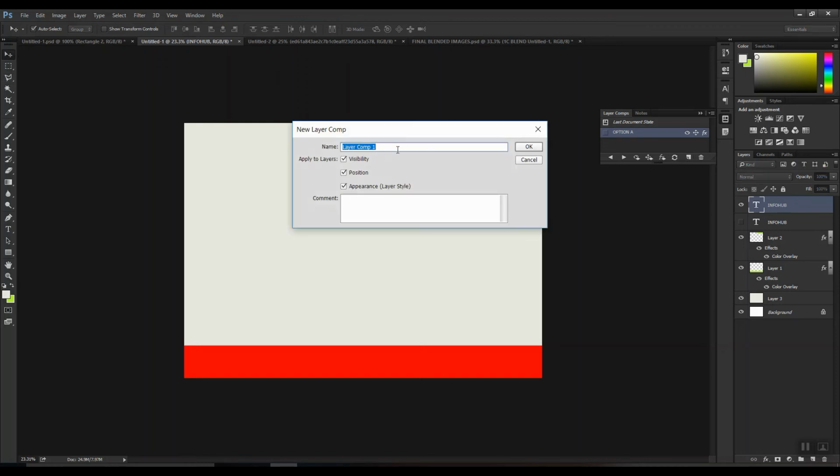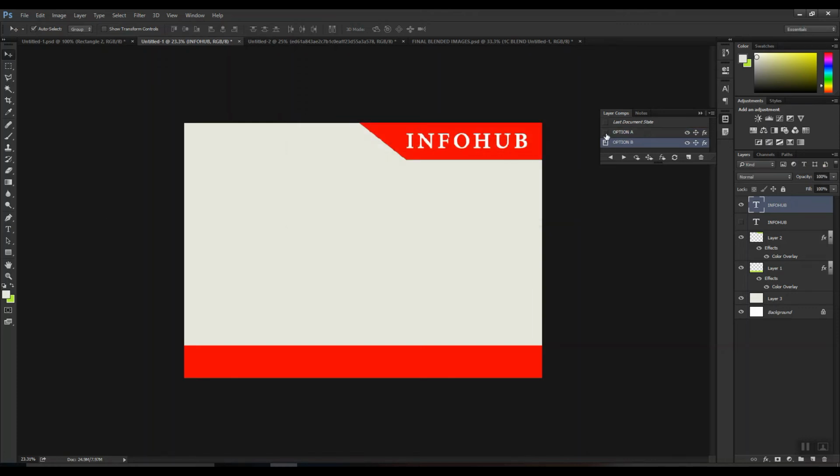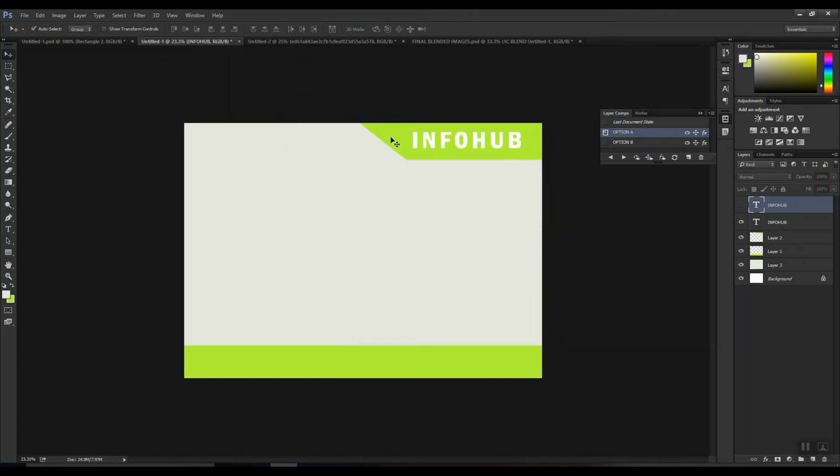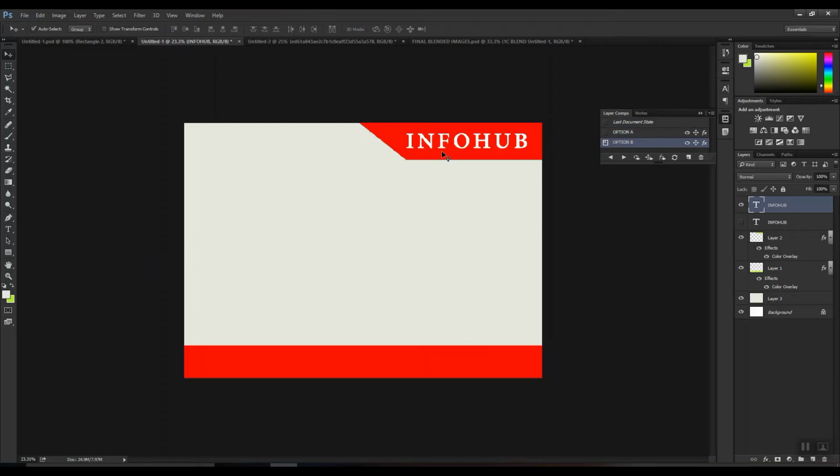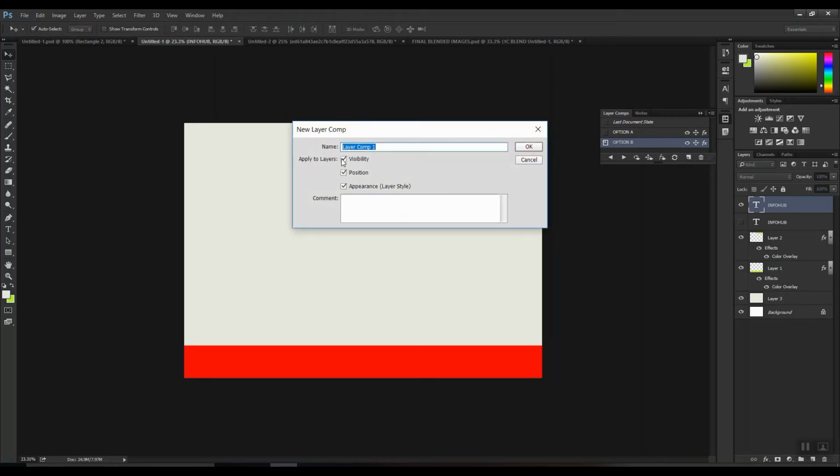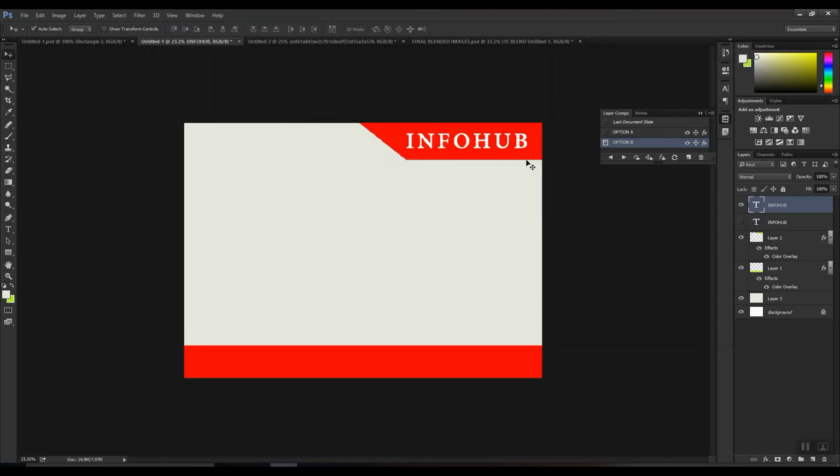Simply make a new layer comp. Let's name it option B. Okay, and if you see, if I click on option A, this is the layout which I have created, and on clicking option B, this is the second layer which I have created. Now if you see carefully, the layer visibility of this particular text is off, but it doesn't make any difference here because we have checked into all these properties. And now I'm hoping you understood why you need to always on these 3 properties. So that was all about layer comps, and you can make multiple layouts you want to, and it's very time saving.